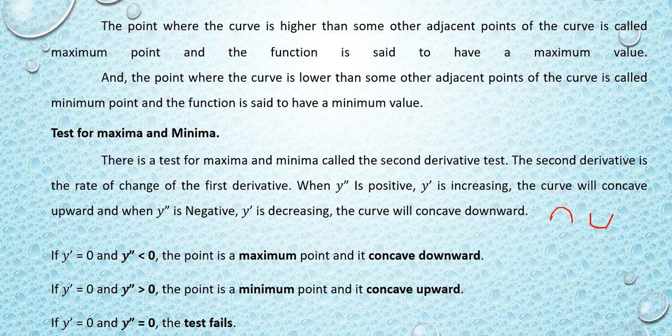In the first derivative test, it is stated that at points where y prime is equal to 0, and if y prime changes sign as x increases from negative to positive,